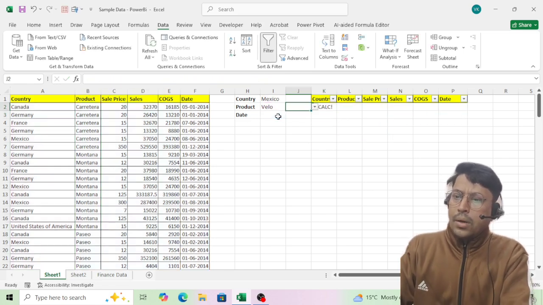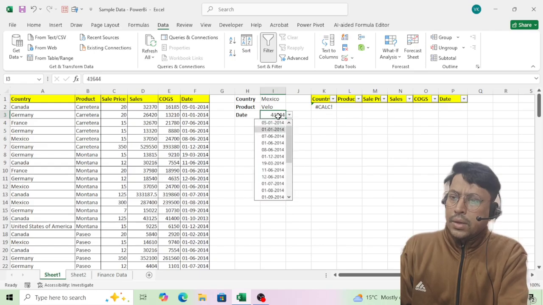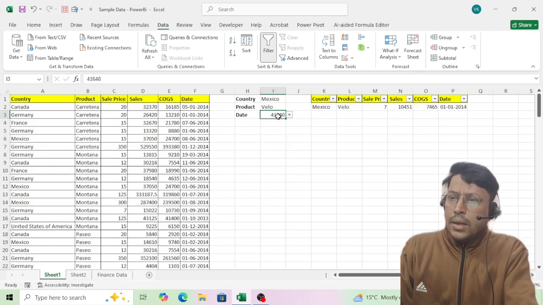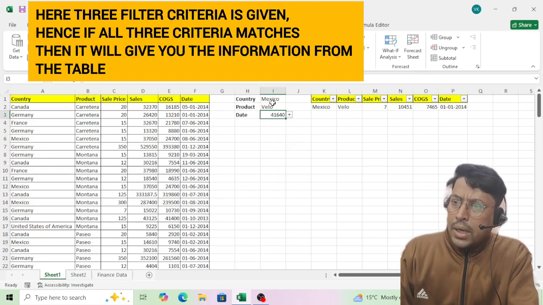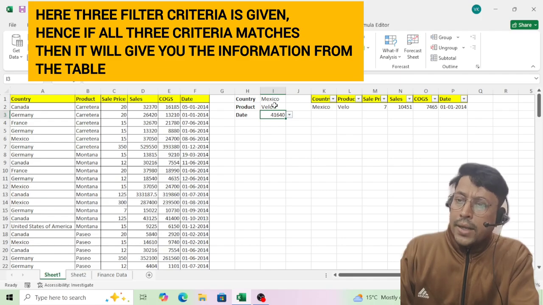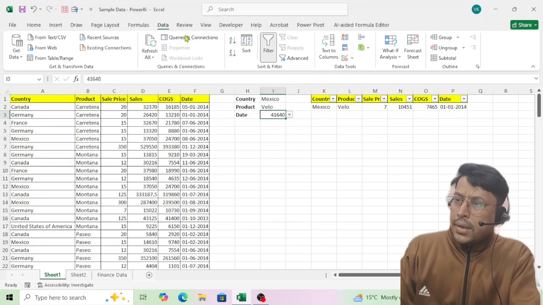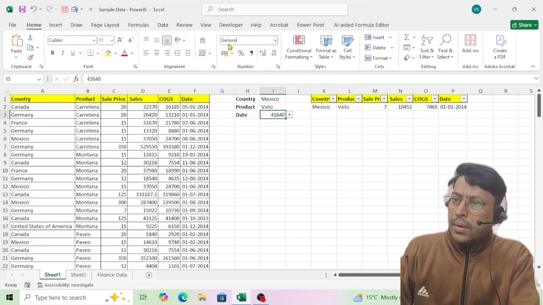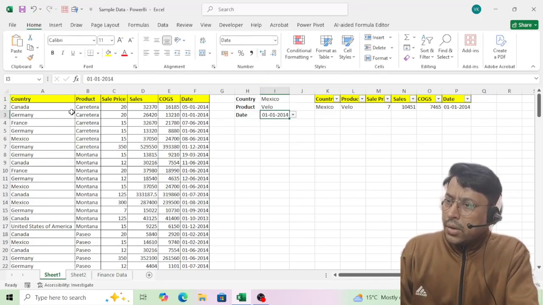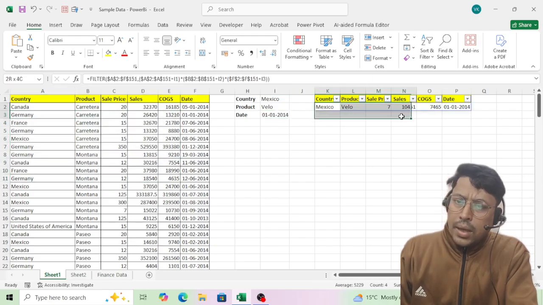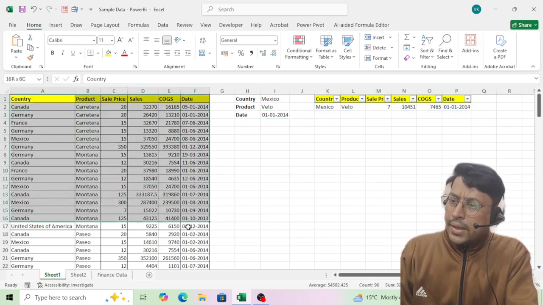Click here. Now select the date. So if any date is available with all other two criteria, and if the date is also matching, then it will give you the answer. Means Mexico, Velo, and this date. If all three values are matching in your data set, then only it will give you the answer from this entire data set, right?